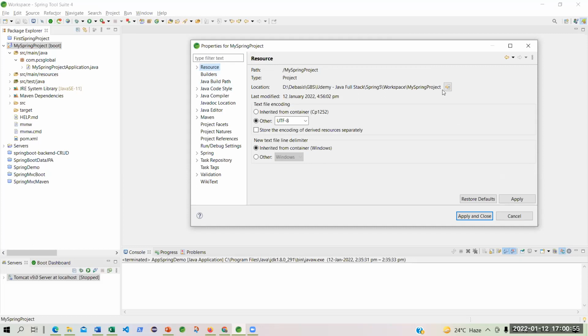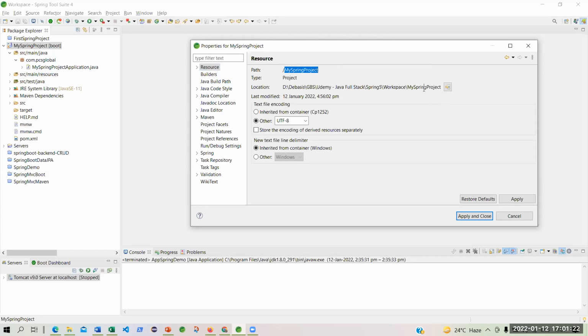Where is this my Spring project getting created? This is the project. Okay, so what is the path? The path is my Spring project, under Debashish, GBS, Udemy, Java, full stack, Spring 5, workspace, and all these things that you have created.